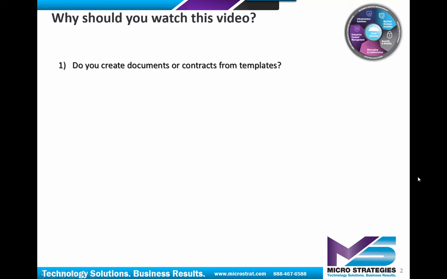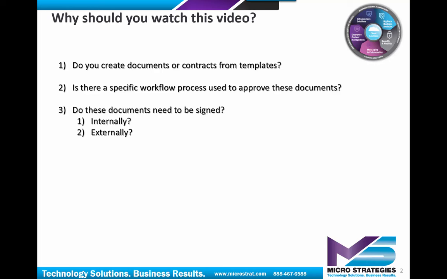One, do you create documents or contracts from a template? Is there a specific workflow process used to approve these documents? Do these documents need to be signed